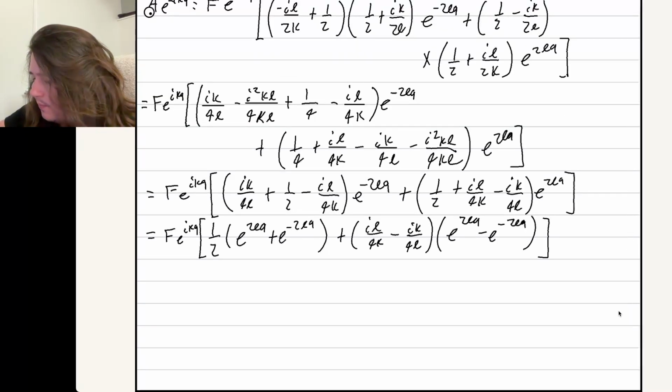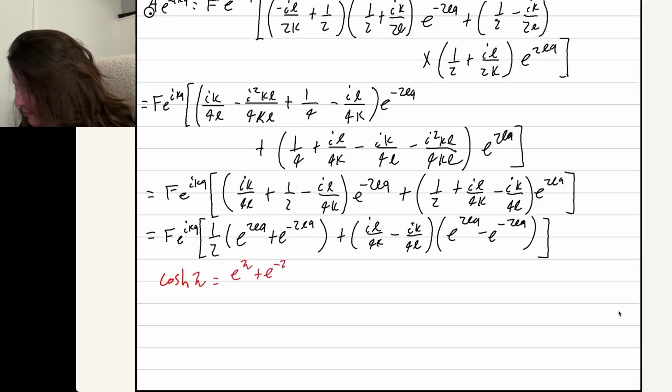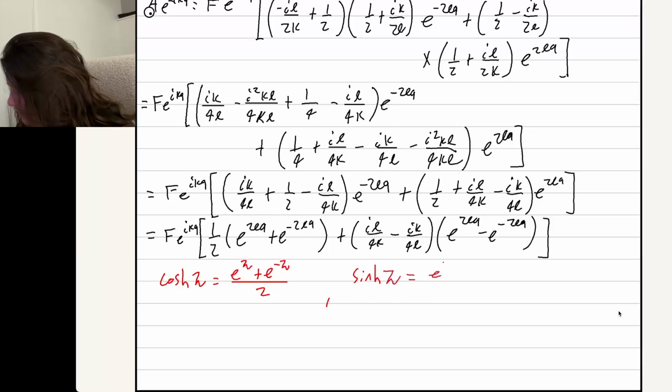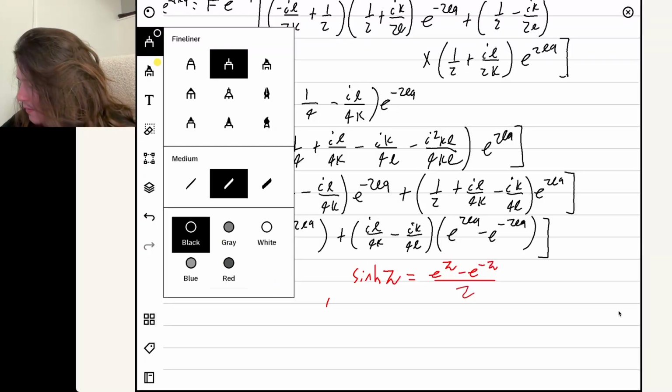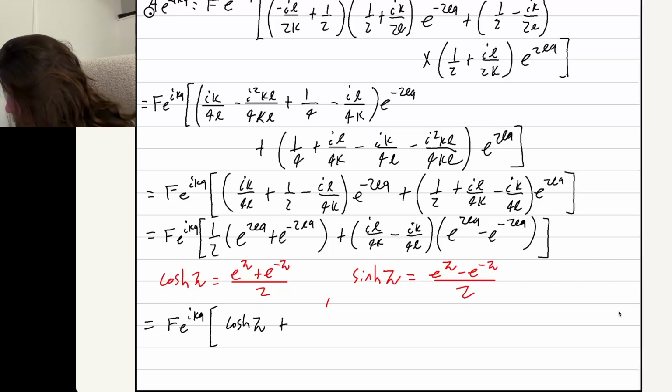So we're going to look at these like hyperbolic cosine, or cosh of z, equals e to the z plus e to the minus z over 2. And then hyperbolic sine, which is sinh of z, e to the z minus e to the minus z over 2. So that's how we're going to get the form that Griffiths got. We were going into hyperbolic stuff. So now we got cosh z plus, and then we have i here,